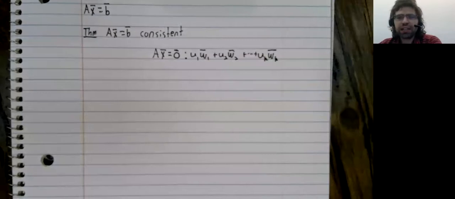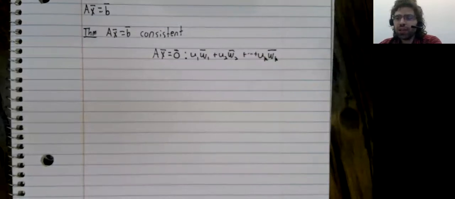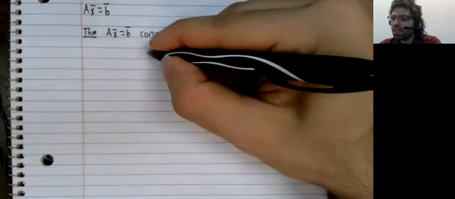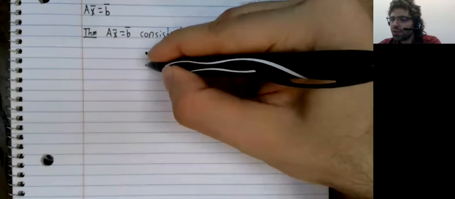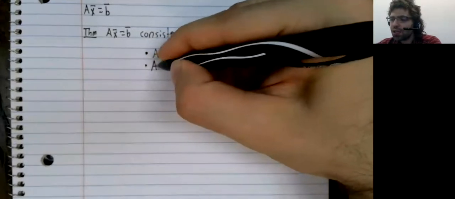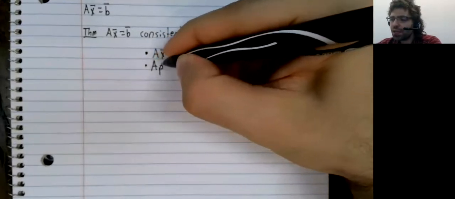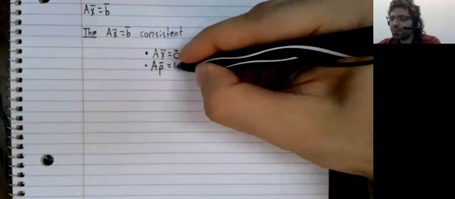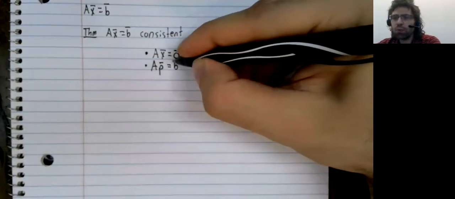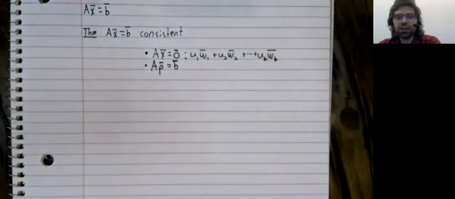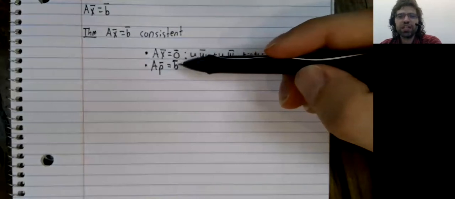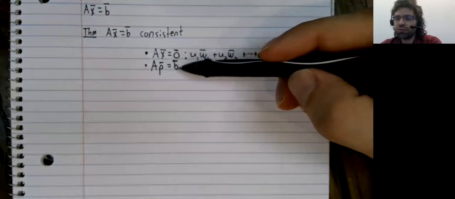And now let P be any solution to AX equals B, i.e., A times P equals B. P stands for particular solution,